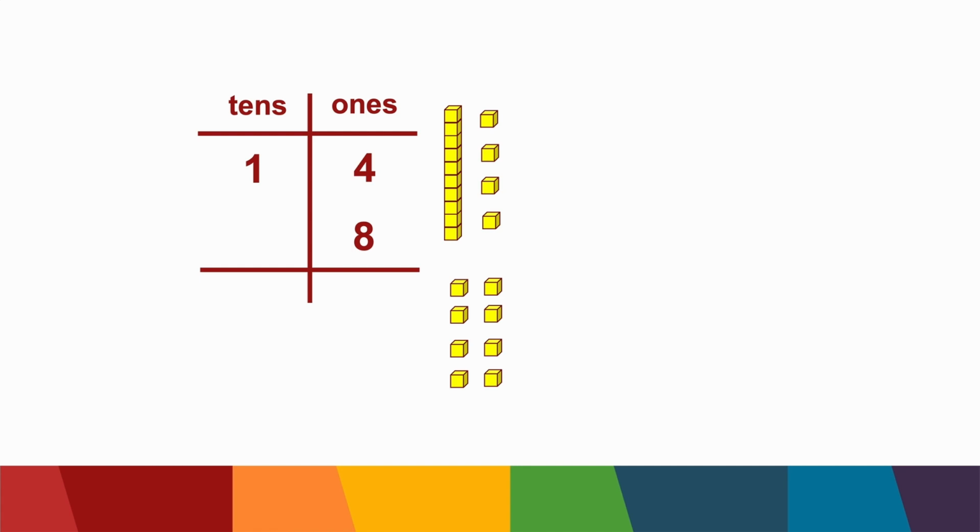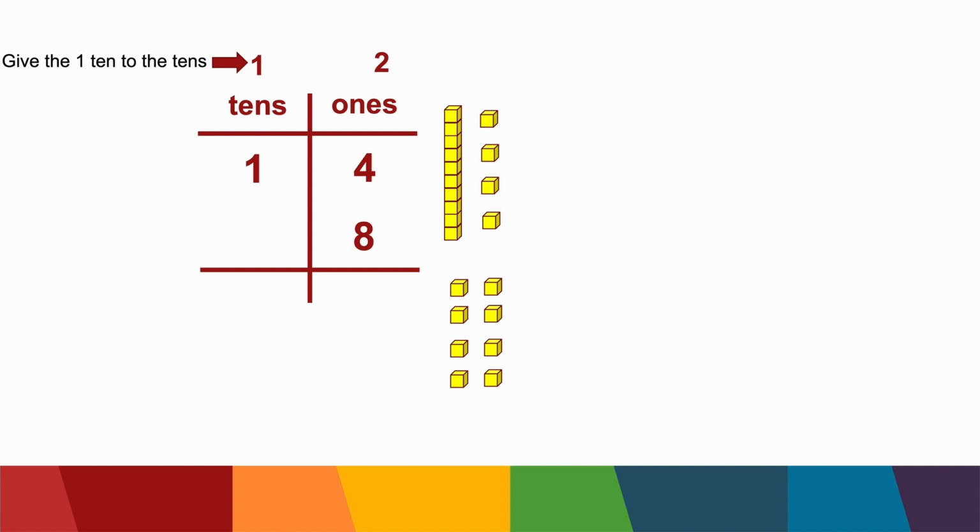Now, to do this problem, we start in the ones column on the right, and we add 8 plus 4, and we get 12. We get 1 unit of 10 and 2 ones, making 12. I just put it there, but technically the 1 belongs in the tens column. It should be slid over into the tens column, but I just wanted you to see it's a 12. And then you give the 1 ten to the tens. It belongs on the left in the tens column, the 1.